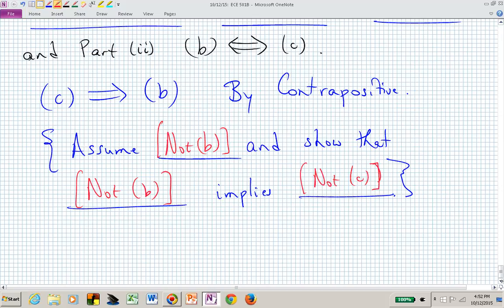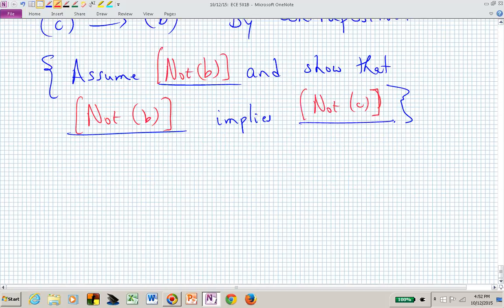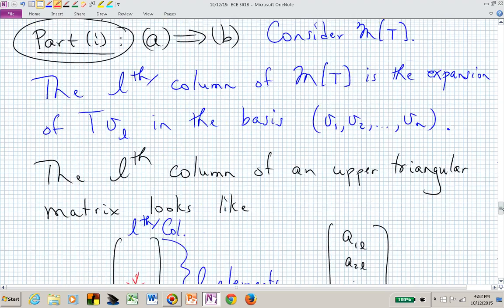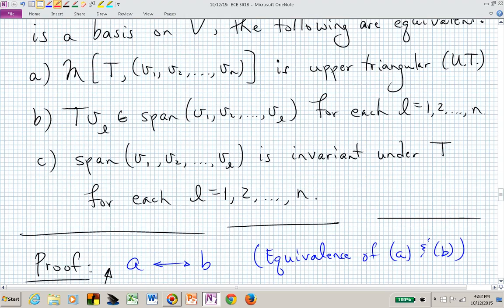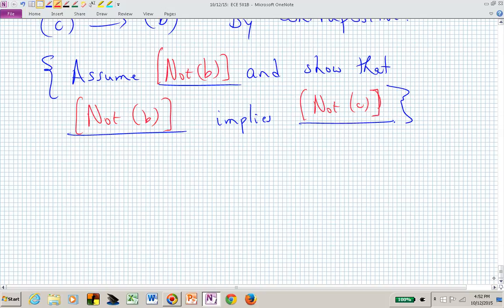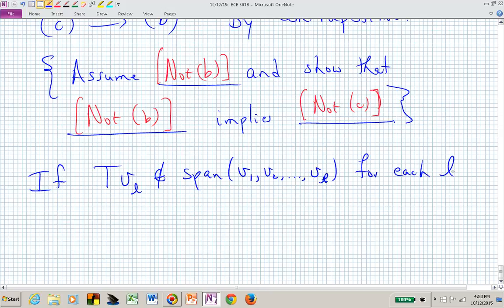What's not B? B was dealing with this spanning relationship. T v sub L lives in the span of all of the basis vectors up to and including v sub L. If that's not true, then we are making the statement that if T v sub L is not an element of the span of V1, V2, up to V sub L, and that's what we're assuming for each L,